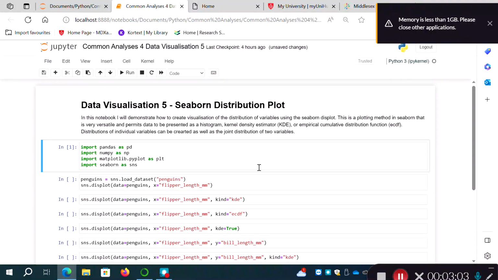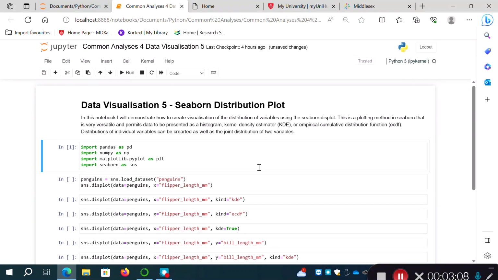So often software libraries for plotting or to do other things within certain programming languages will have data sets embedded within them to allow you to play around with and practice using those particular libraries. And Seaborn's got a few contained within it, and I'm going to use one of those data sets. It's called penguins. And in order to do that, I'm going to create an object called penguins, the data frame object, and